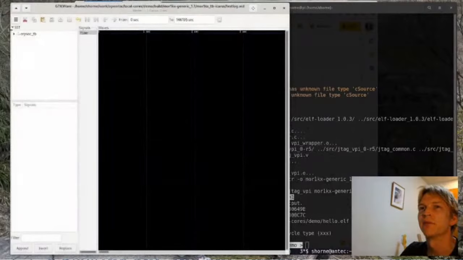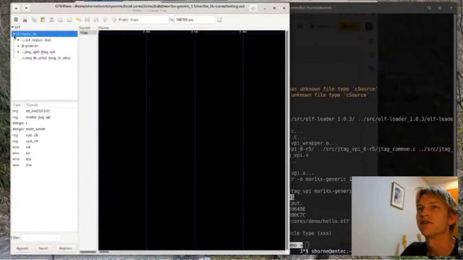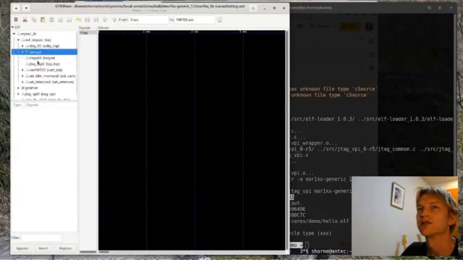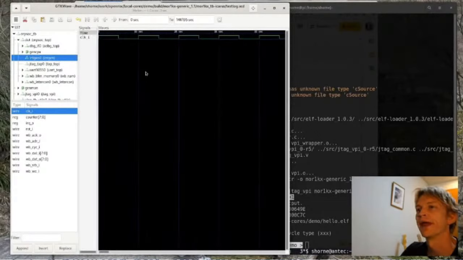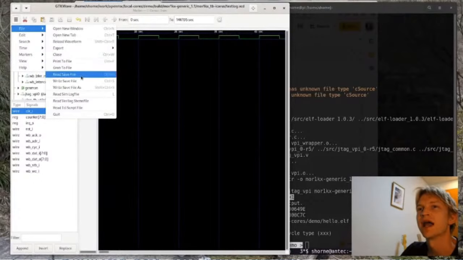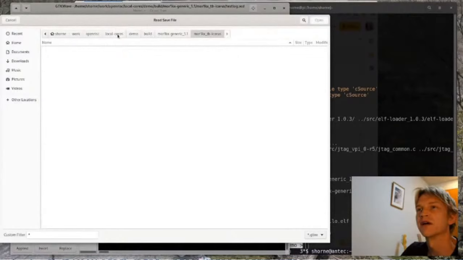We can load that up, and when you load up your waveform, what you can see on the left is just a list of all your signals, and so you can take these signals and import them into your waveform viewer over here on the right, and you can see what's going on. Now that might be a bit tedious, so I suggest you use a save file. So I can load up a save file, which I have here stored,